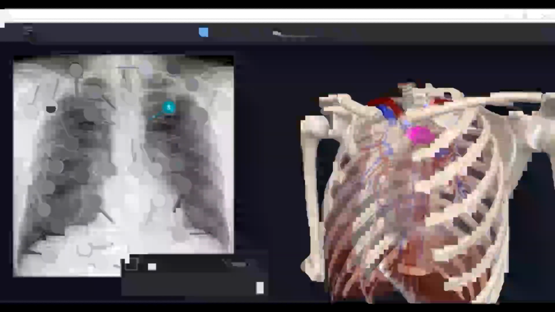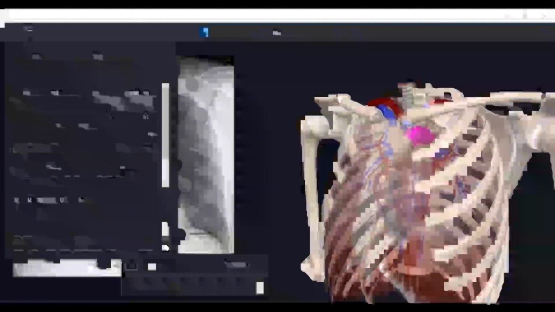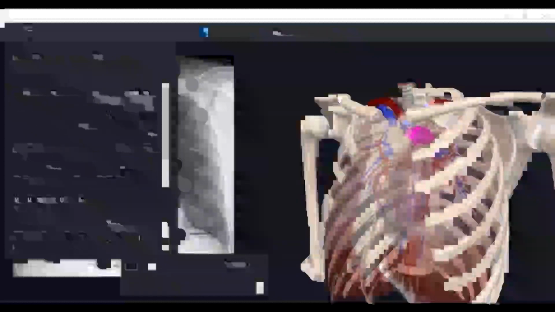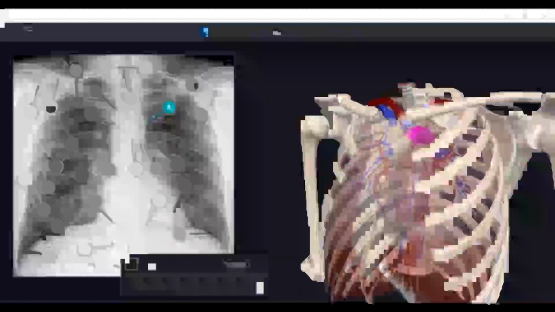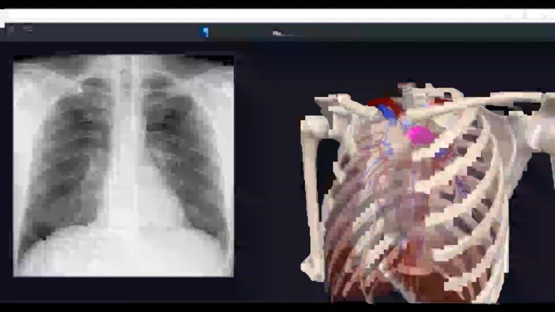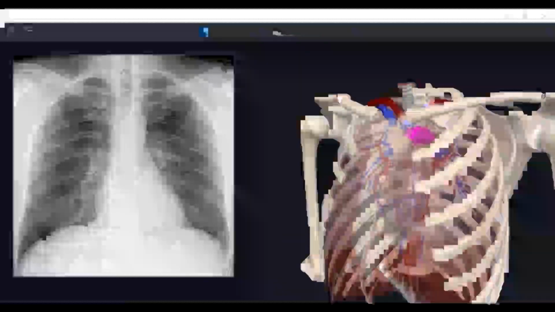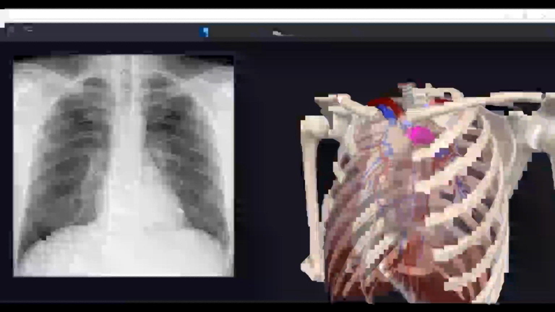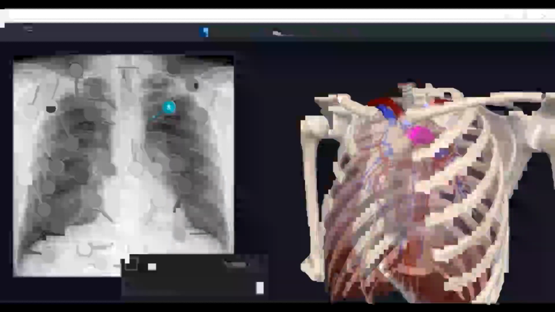Then in this upper part, there is a thumbnail wherein the description about the radiograph will be given. So you can see here the imaging technique, you can just click show more. About that, the details are given about the X-ray, and whatever you are able to see here is also explained in this. And the teachers, what they can do is if they don't want these pins, that can be removed by clicking here. And this you can label and put the pin or whatever you want, or if you want to do a test, that also can be done. So this is about the X-ray.